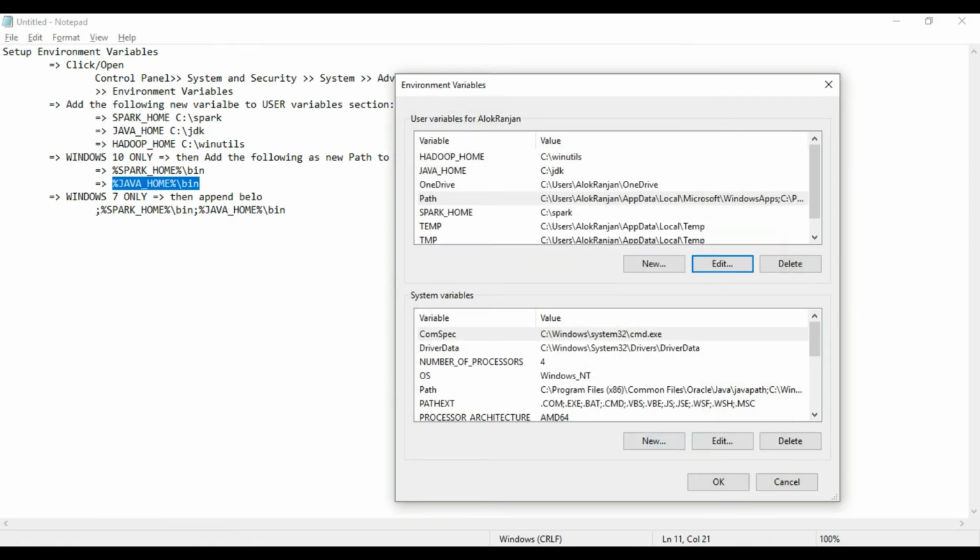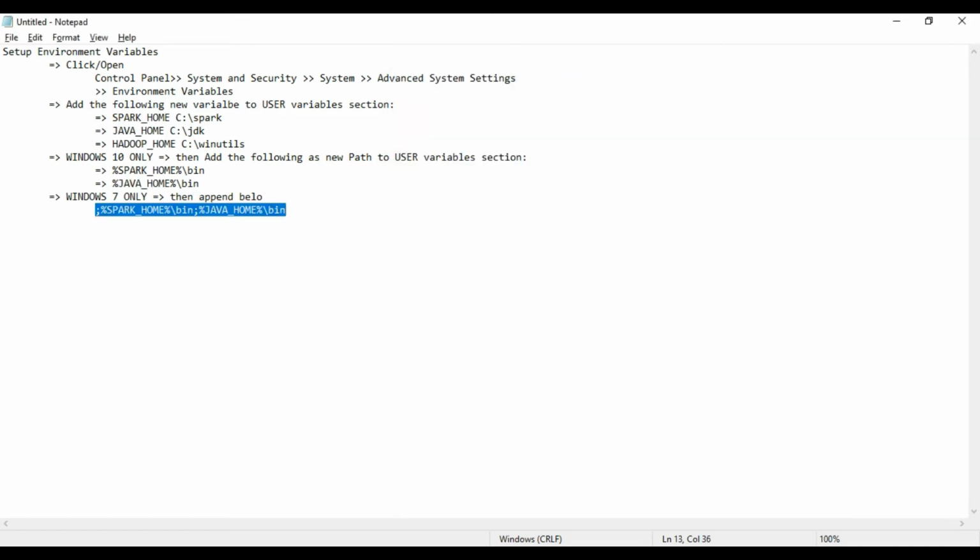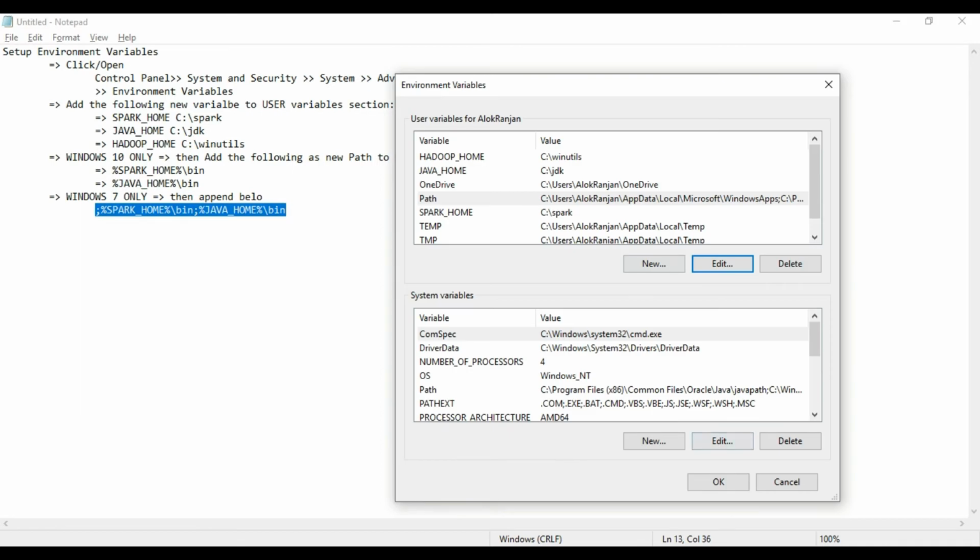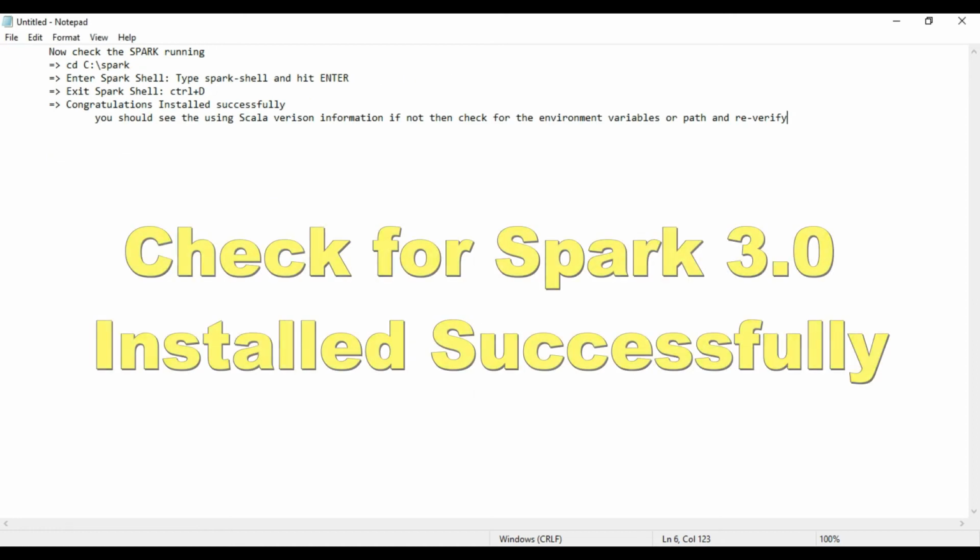This is the entry for Windows 10, but if you are working on Windows 7, then in the path you don't have the option to add new. However, you need to append the path with this statement. So we are done. Click on OK. Then OK. Congratulations, we are done with the installation step.